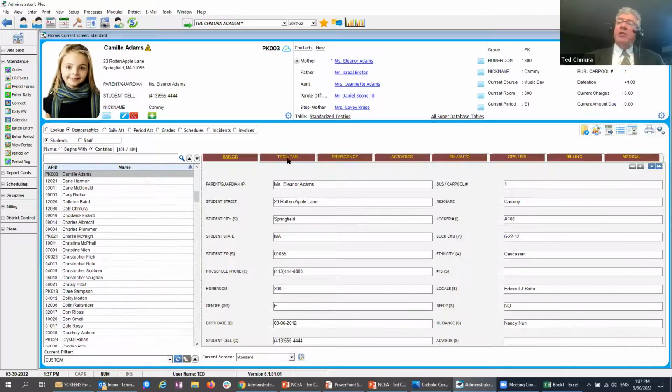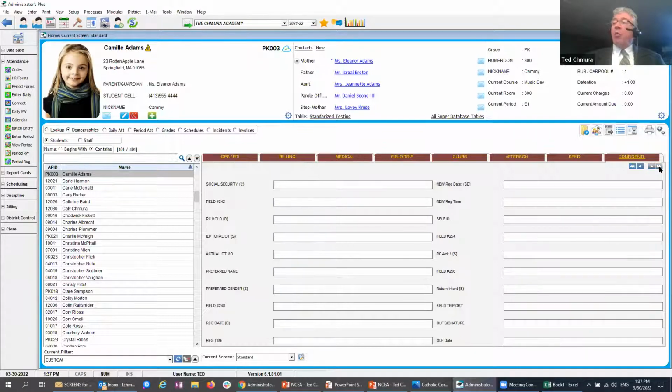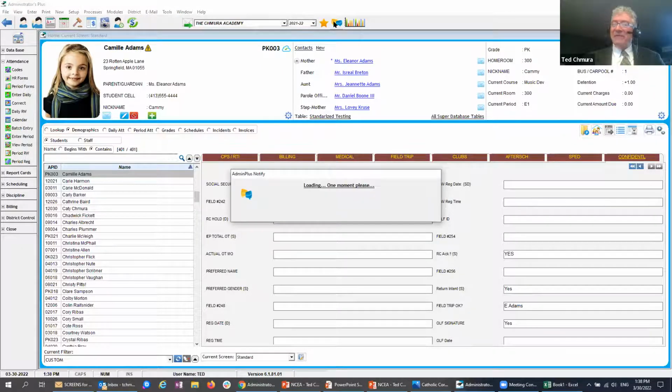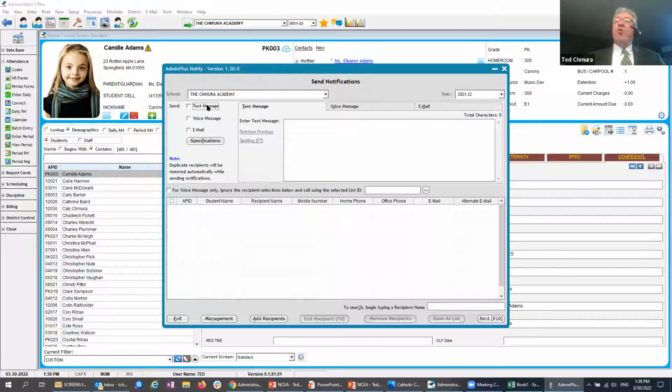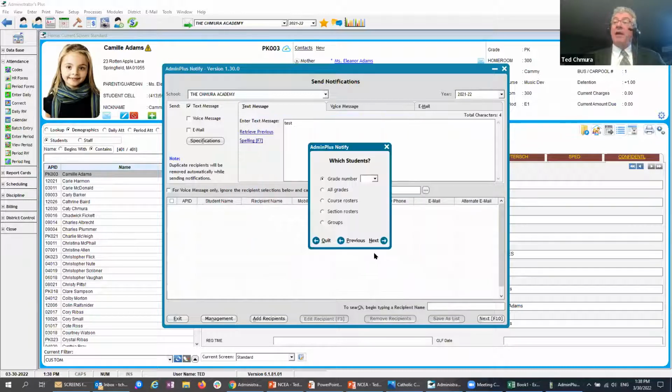And if I pull that student's record up, I'm going to see that the changes that I made in the online form have already been written to the database for me. And the system has already marked the return intent of this particular student as set to yes. One of the reasons that is so important is because if we want to isolate all of the parents who have not yet submitted their re-enrollment forms, we might want to use the communication system to send text messages, voice phone call messages, and email messages,